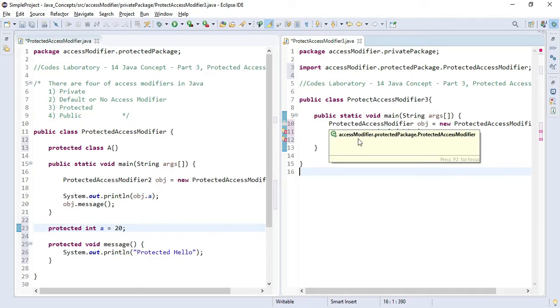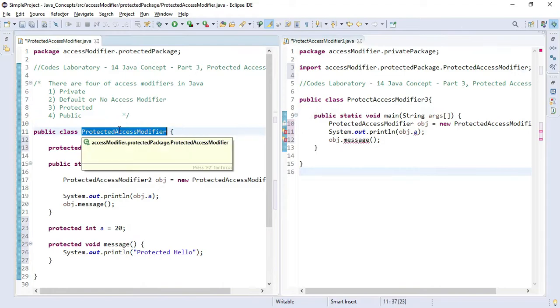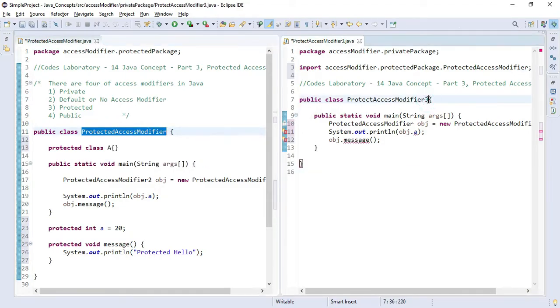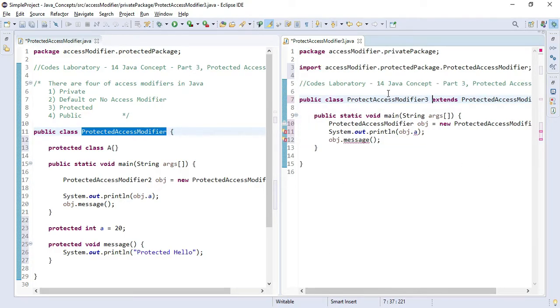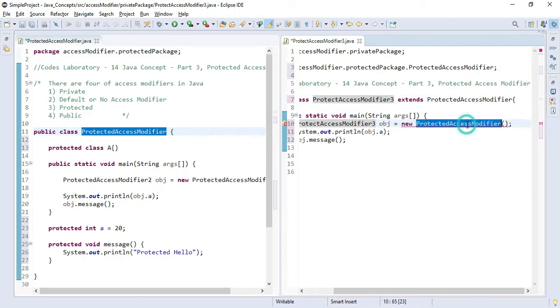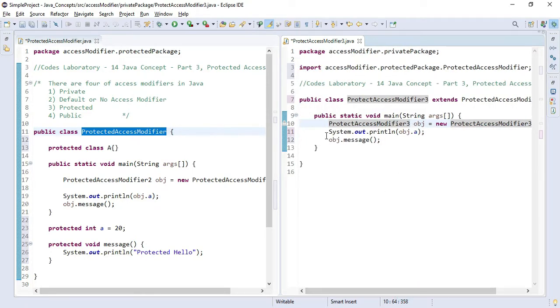Let's try to do this by extending this class into this class. To do that we need to write the extends keyword, and then the class name, and in this way we will create an object of our protected access modifier class 3 like this. As we haven't changed the name of our object, we do not need to change anything here.